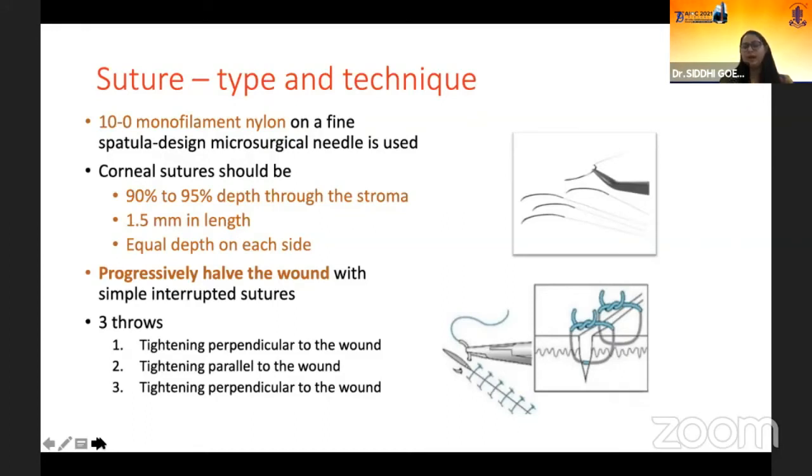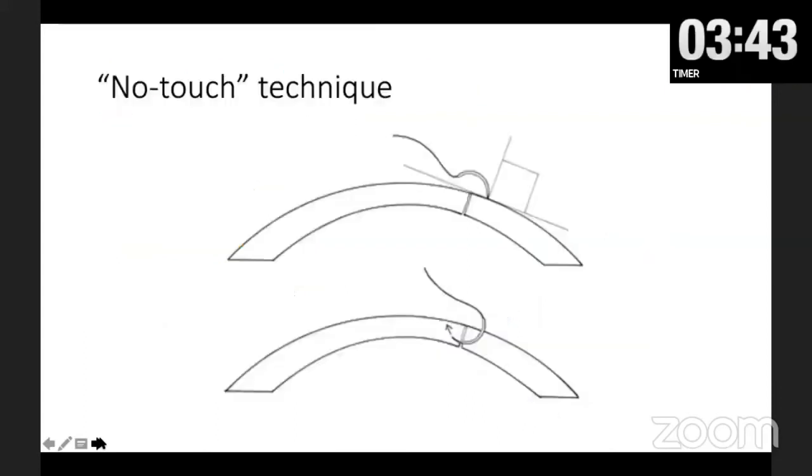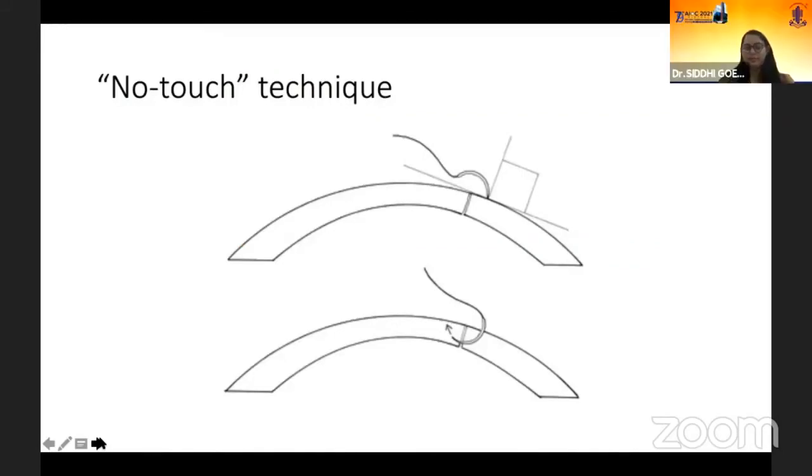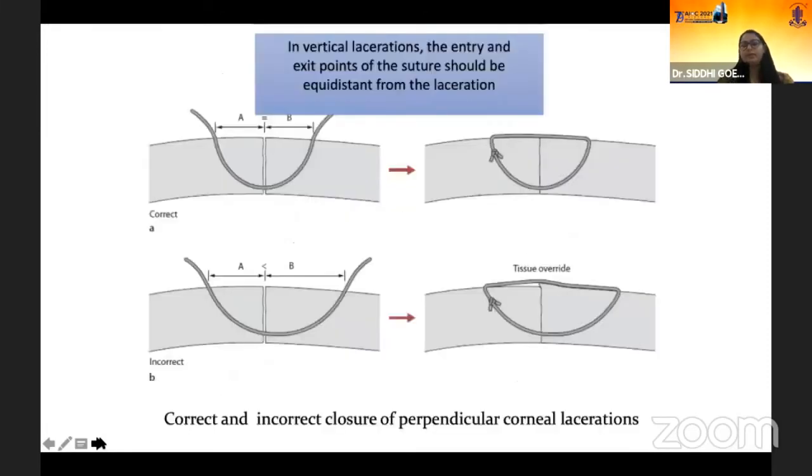We progressively halve the wound with simple interrupted sutures, and for corneal sutures, we perform 3 throws. For corneal suturing, we use the no-touch technique, which prevents further damage to the already edematous cornea. Now coming down to management of vertical lacerations, as you see in the first image, that is the correct technique